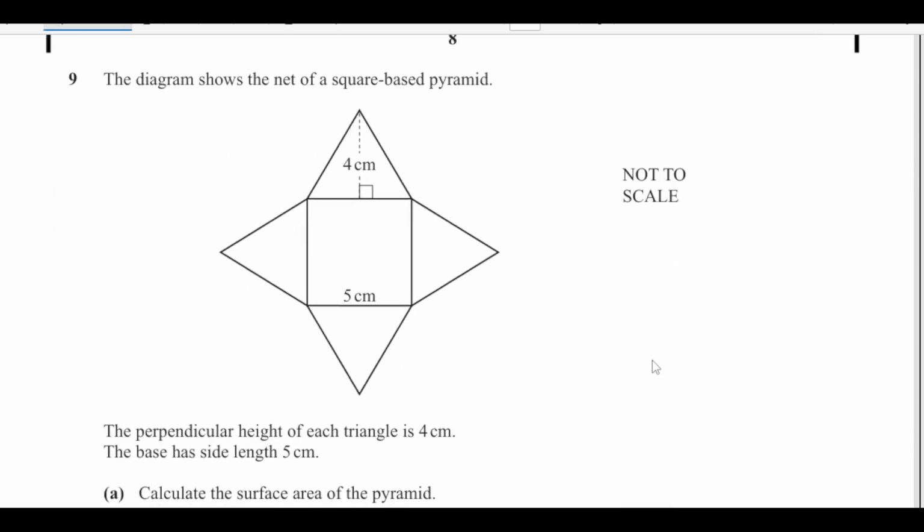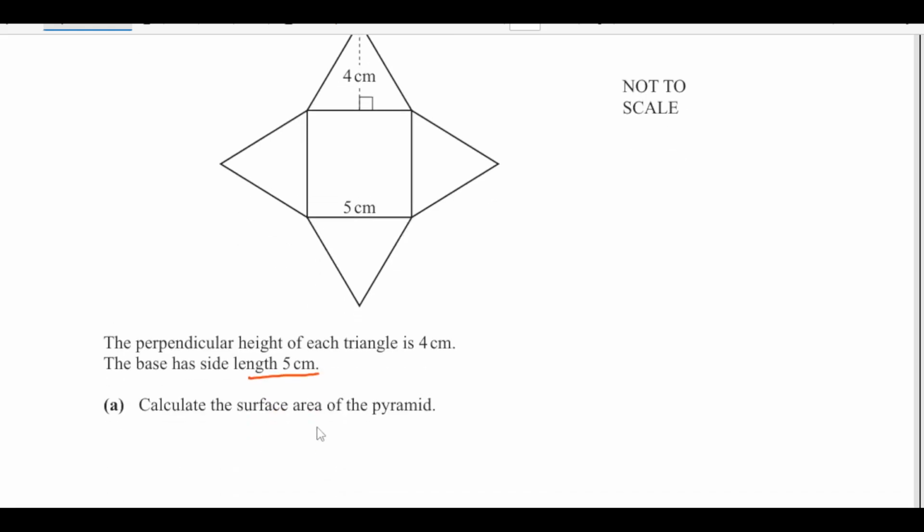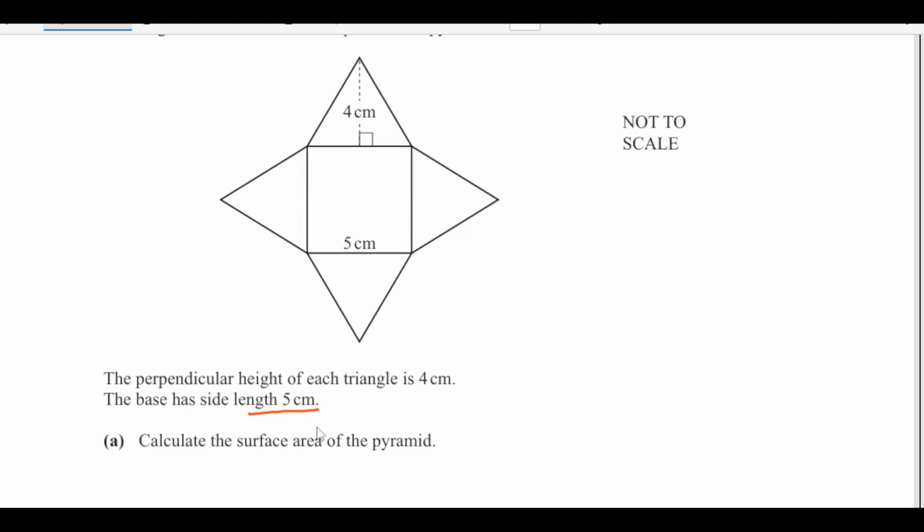Now number 8, the diagram shows the net of a square based pyramid. The perpendicular height of each triangle is 4, so this is 4 here, the base side is 5, so this is 5. Calculate the surface area of the pyramid. So for the surface area of the pyramid, you see there are 4 triangles there, and there is 1 square. So the surface area is going to be the area of this square,